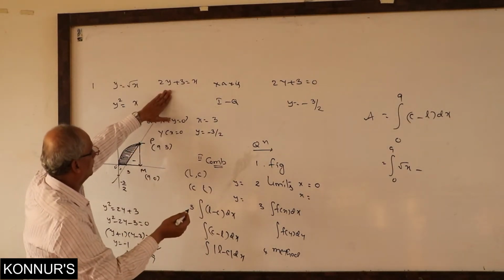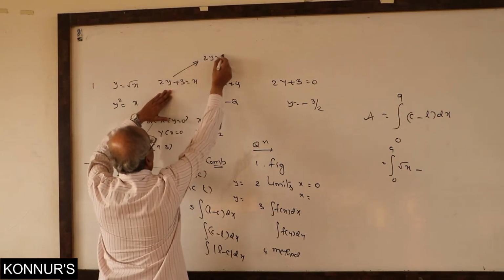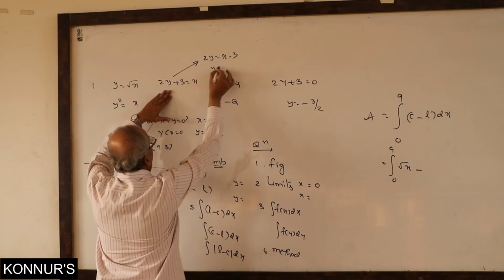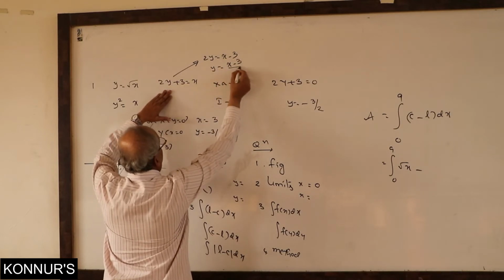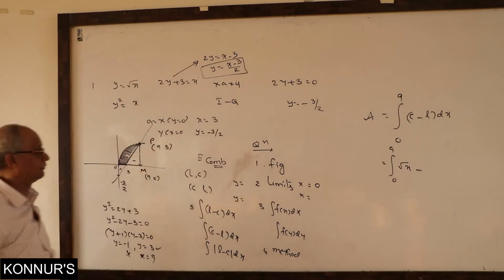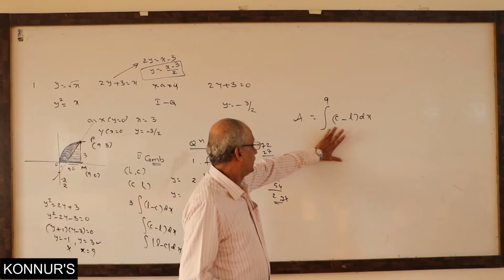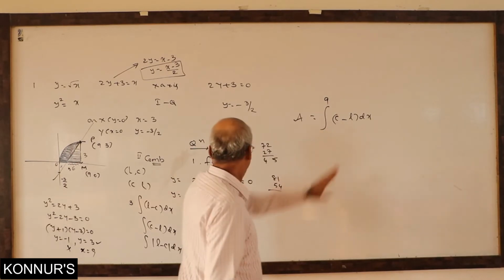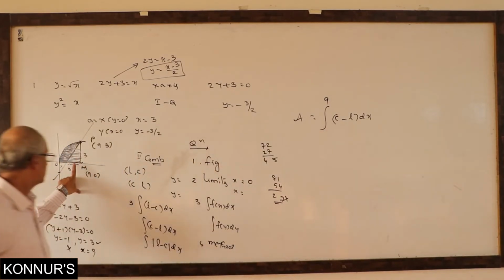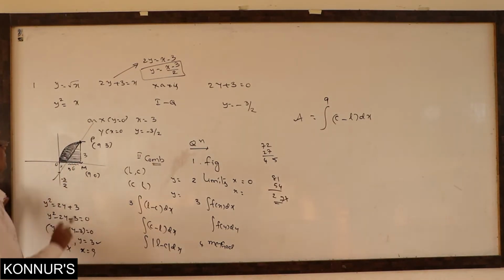You arrange it. How will you find y in terms of x? 2y is equal to x minus 3, y value. This is our function of x for integration. So that much story is there. Using this principle of integration, curve minus line. But here, because it is a closed curve, instead of going to the full method, we will do it in a geometric way.